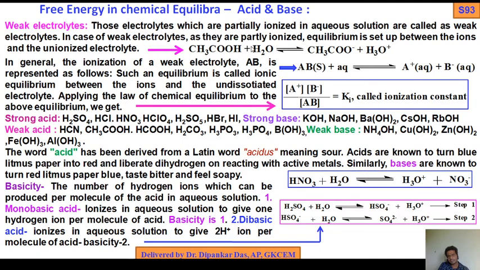So acetic acid reacts with water, you get acetate ions and hydronium ions. How hydronium ions? This H+ is taken up by the lone pair of oxygen, so it becomes hydronium ion. So the equilibrium is established between these acetate ions and acetic acid. Clear? So now in general, the ionization of weak electrolyte